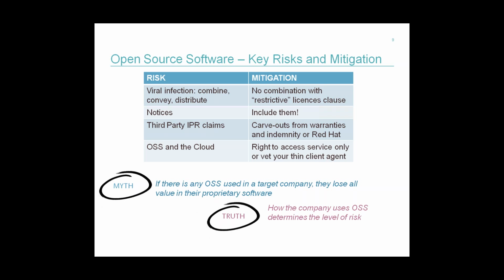The last point on this table that I wanted to touch on was open source in the cloud. We get quite a lot of questions these days about whether open source matters if the solution is cloud-based, if it's delivered as a service, like a SaaS solution. And the answer again is you really need to understand how it's delivered. In a pure software as a service model, the actual code will be hosted on a server held by the supplier, and you'll just be accessing it through a web browser or something like that. In that case, where there's no actual software being delivered to you, the risk of infringement or there being an issue with open source is very, very low.